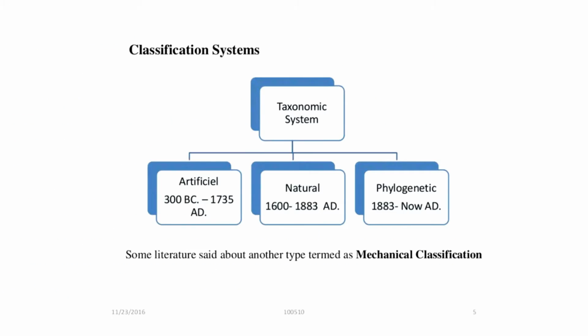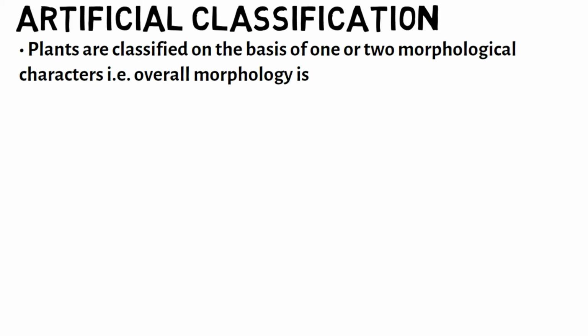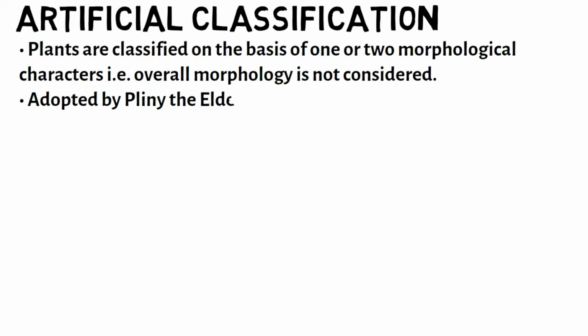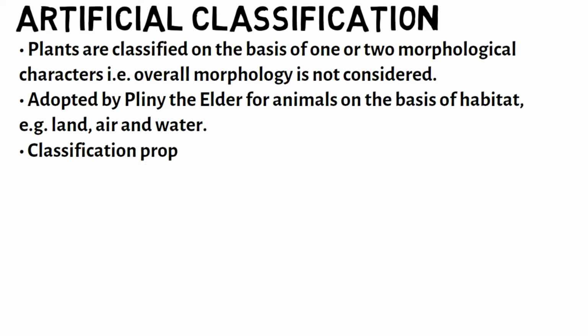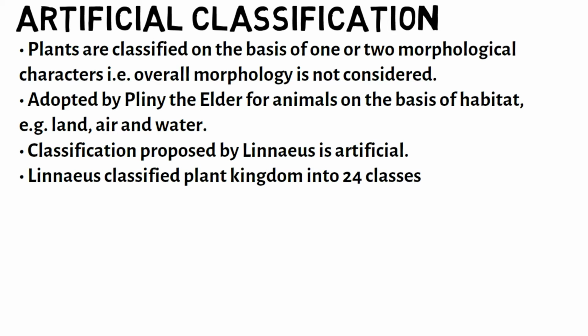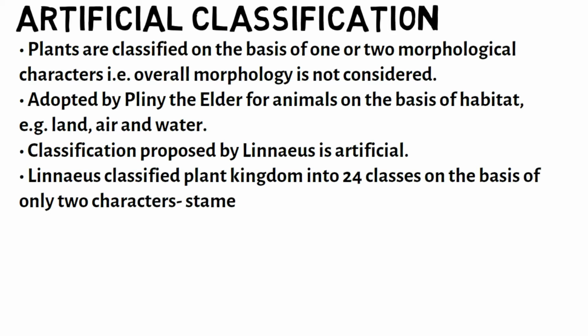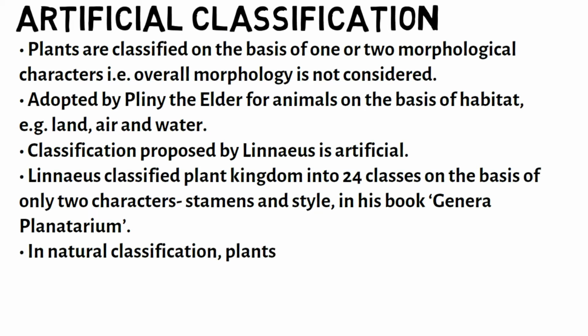Phylogenetic system, cladistics. Artificial classification: plants are classified on the basis of one or two morphological characters, i.e. overall morphology is not considered. It was adopted by Pliny the Elder for animals on the basis of habitat, e.g. land, air, and water. Classification proposed by Linnaeus is artificial. Linnaeus classified the plant kingdom into 24 classes on the basis of only two characters, stamens and style, in his book